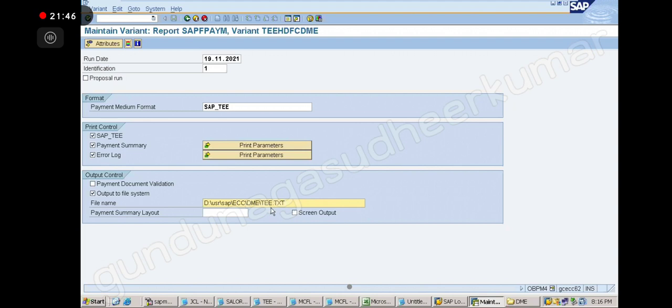So now the same, what we have to do is note down. Put a note. We have to update this folder in the AL11 directory, right? You need to update it, then only it will work. So go to AL11 directory. Open another screen. I will show you.